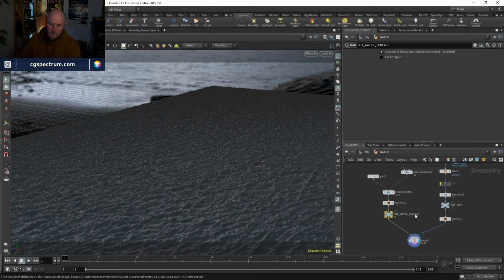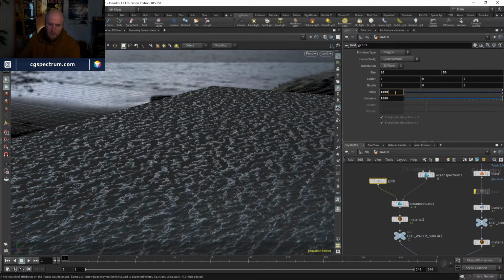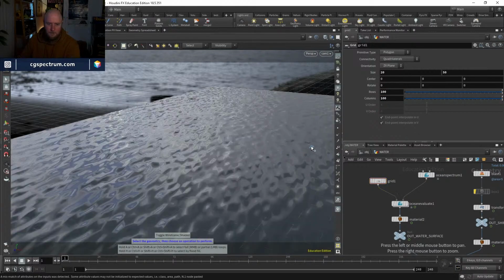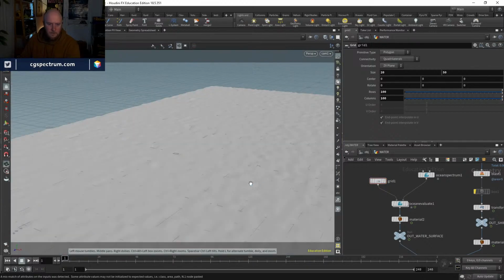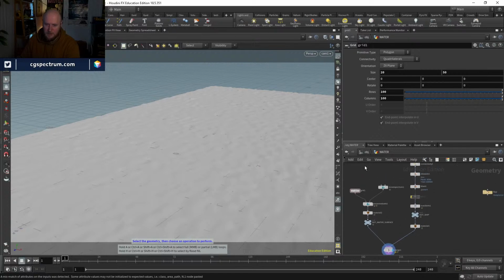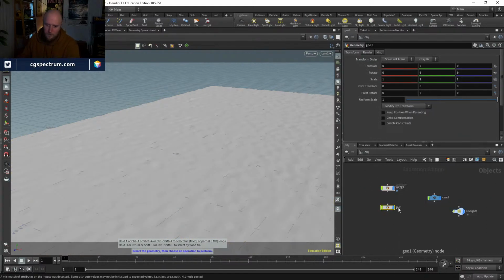Something like that. And I'll probably take my grid res down because it's a little bit heavy at the moment. So we'll leave that there for visualization, and then we'll come out into a new container